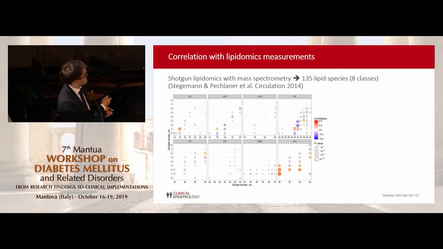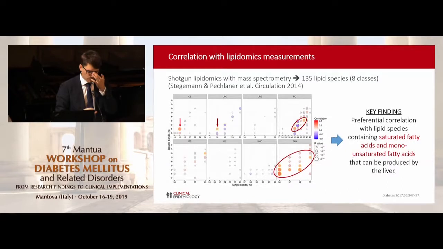The individual bubbles here, the color indicates the direction and the magnitude of correlation, and the size of the bubble indicates the p-value of the correlation with microRNA